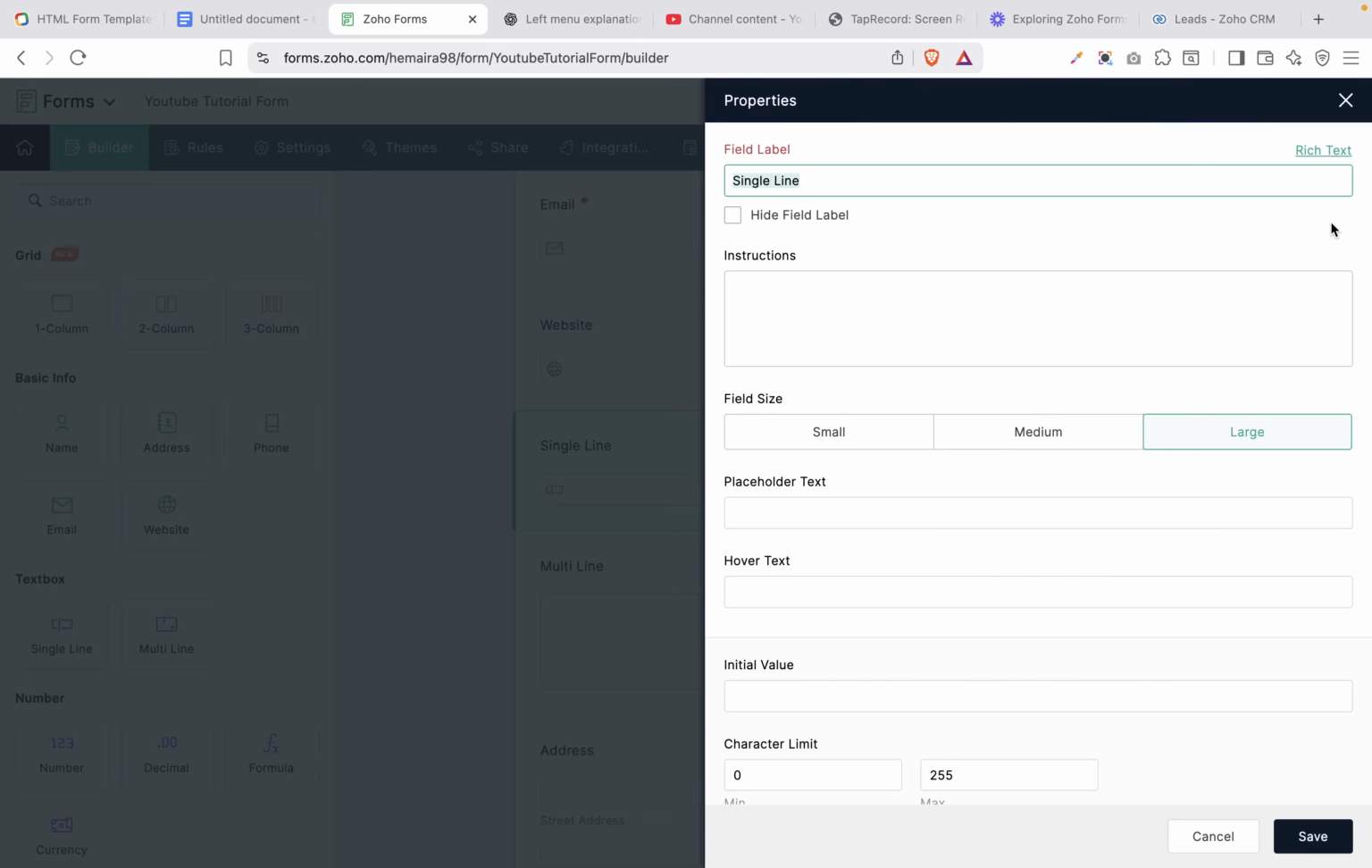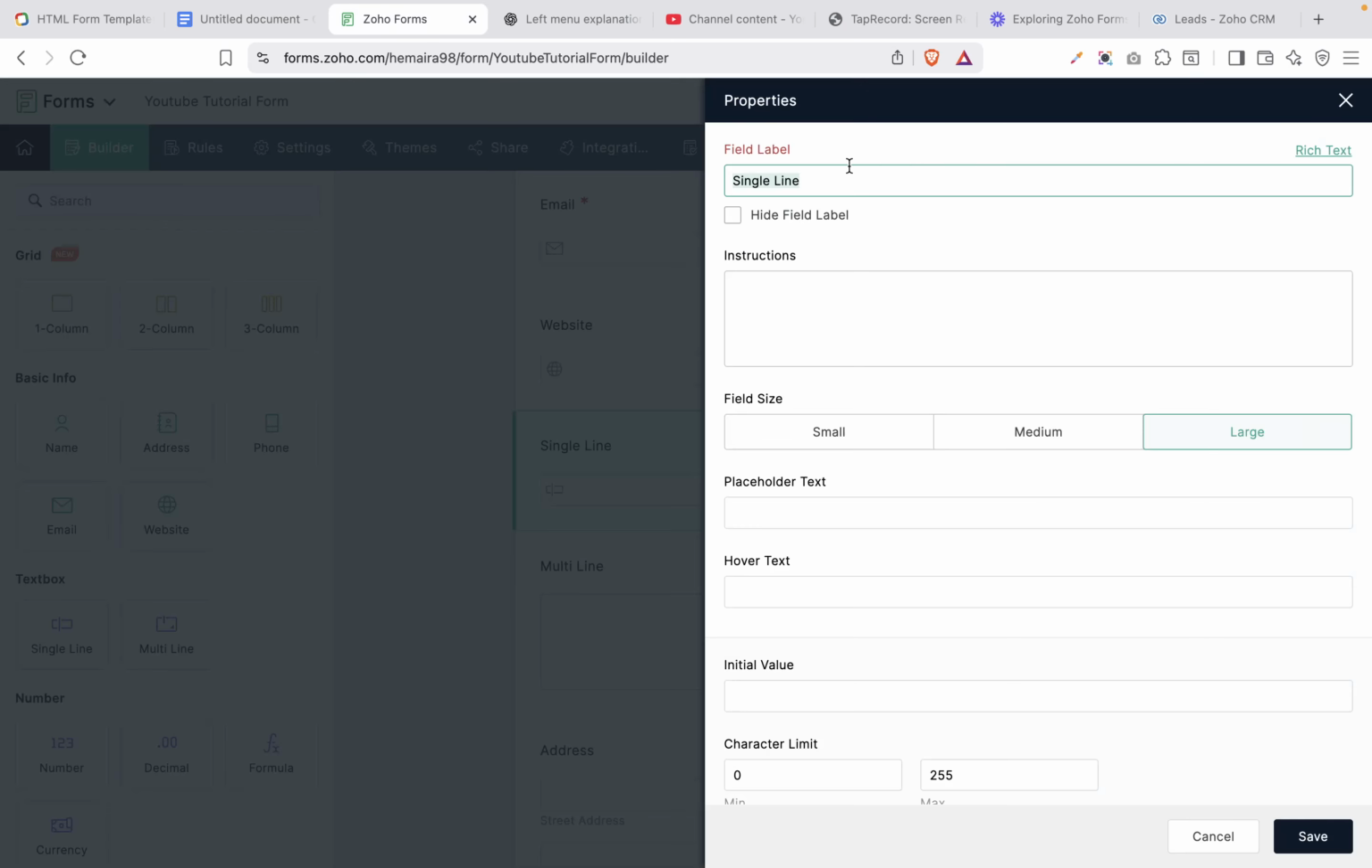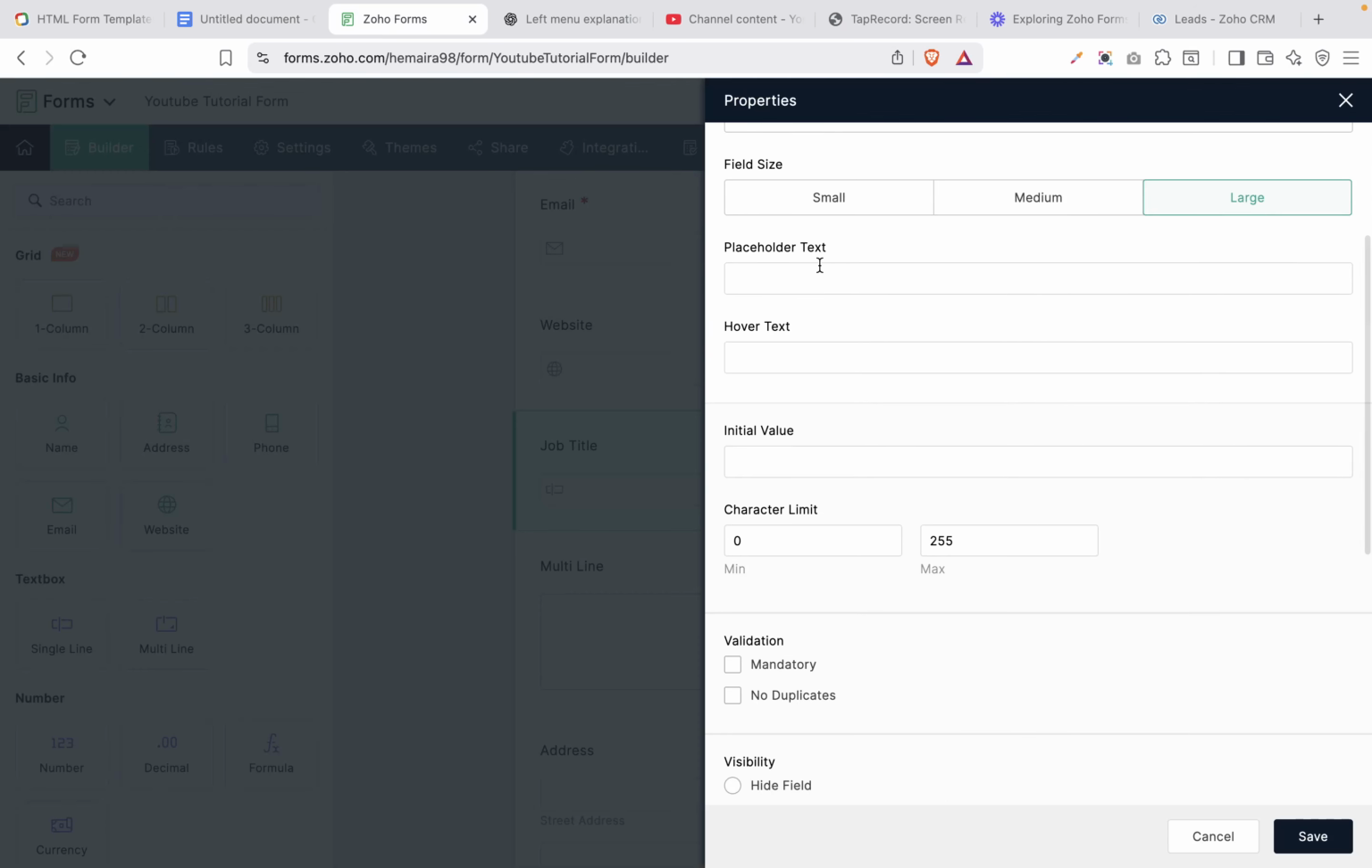So when you click on your single line field, you can decide to add whatever you want. So let's change this. For my single line field, I can say I want to add in job title. So when you click on that, you can add in whatever name you want to add, and you can decide to add in a placeholder text, a hover text and an initial value. You can also decide to add in a character limit, and the character limit means that they cannot